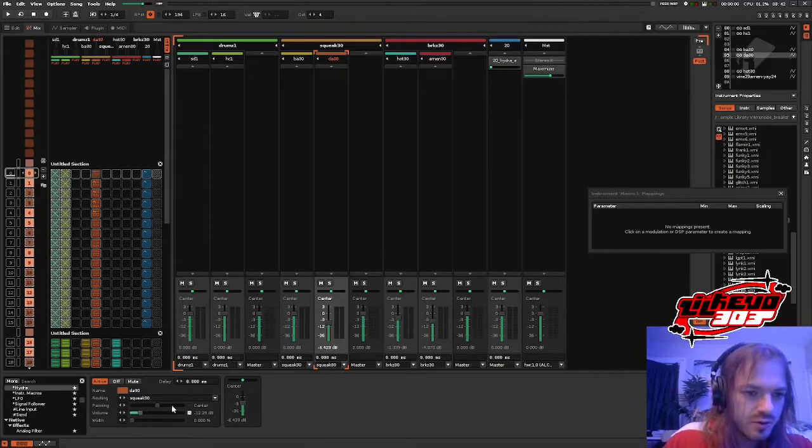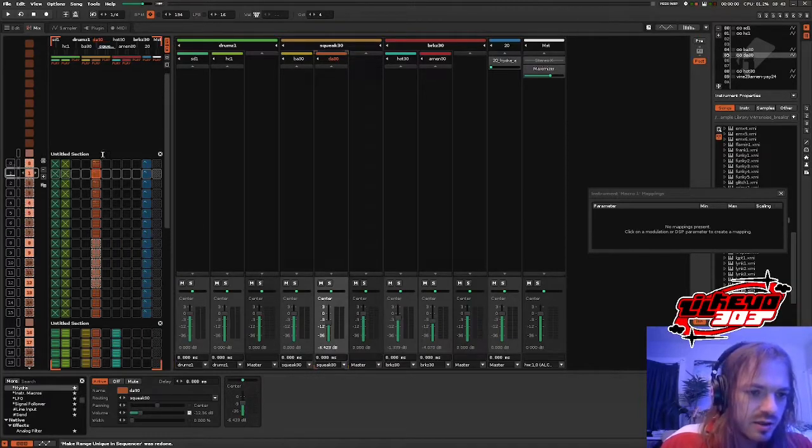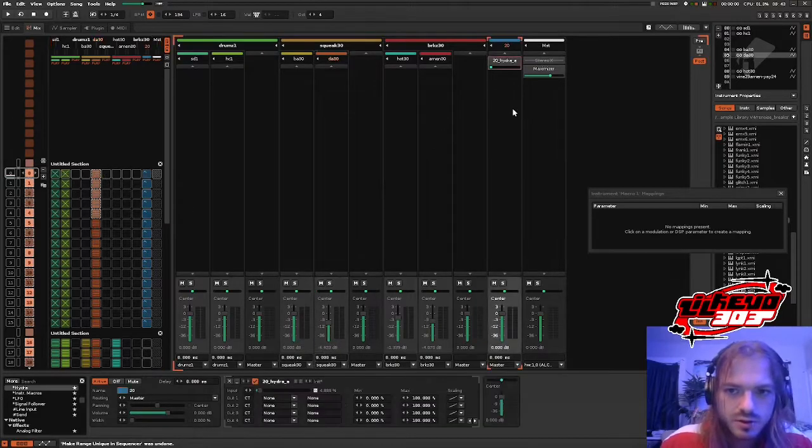I don't like doing that because you can see when we drew that in the pattern matrix, when you're editing stuff here, do you see when I did that, it added that? So that means it's modulated. But now it's baked in to what this is. I can't delete that without deleting the notes I put there. So fuck that shit. I like to be able to